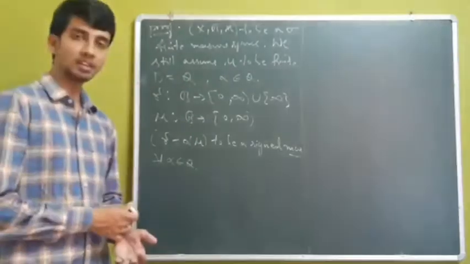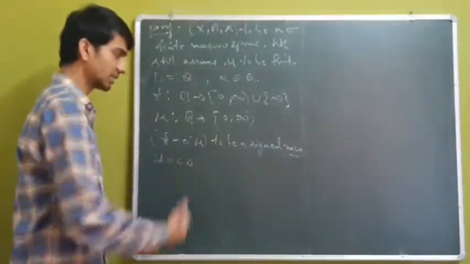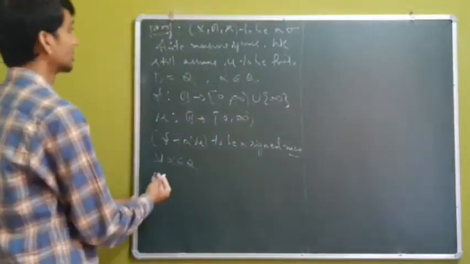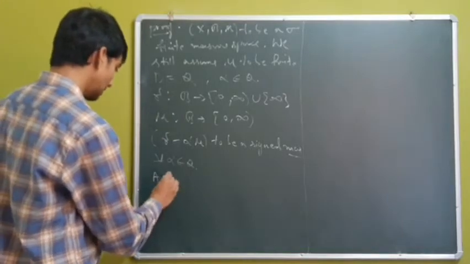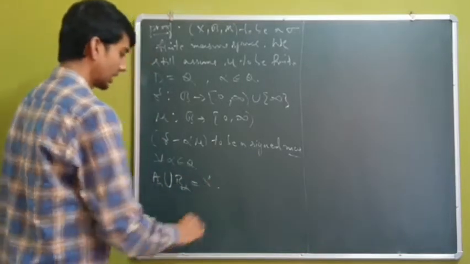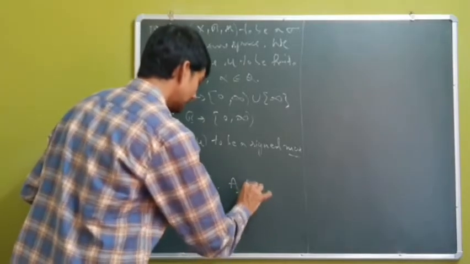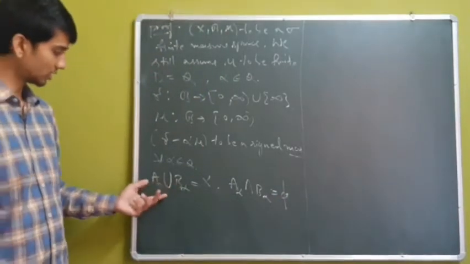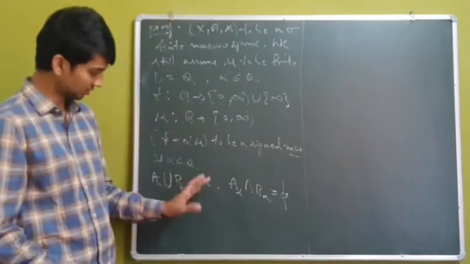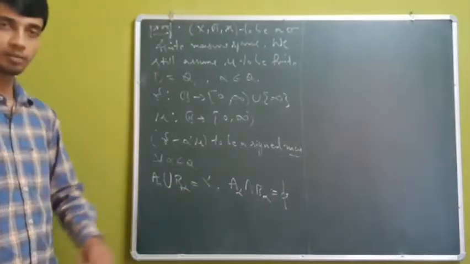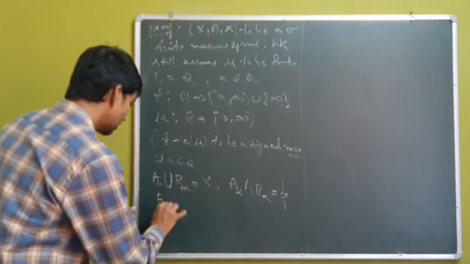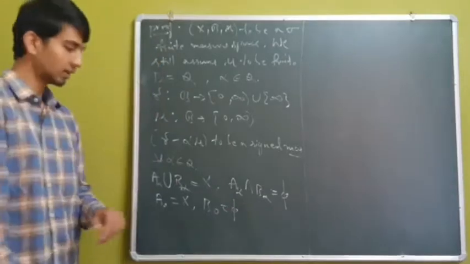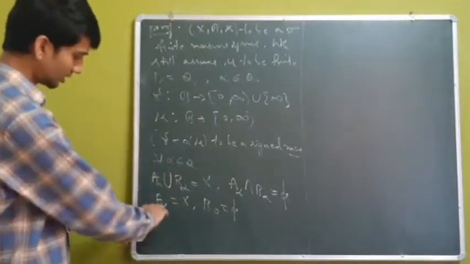Again, with the help of the Hahn decomposition theorem, as this is a signed measure, we can have the decomposition of this measure. So let the decomposition of the set, say A alpha union B alpha, be equal to X, along with A alpha intersection B alpha is empty. So this is a disjoint union of A alpha and B alpha, so that it is equal to X. Now this is the Hahn decomposition, and I will set A naught to be the whole set X, while B naught to be equal to empty. So at the start I will have the decomposition to be A naught equal to X and B naught to be empty,